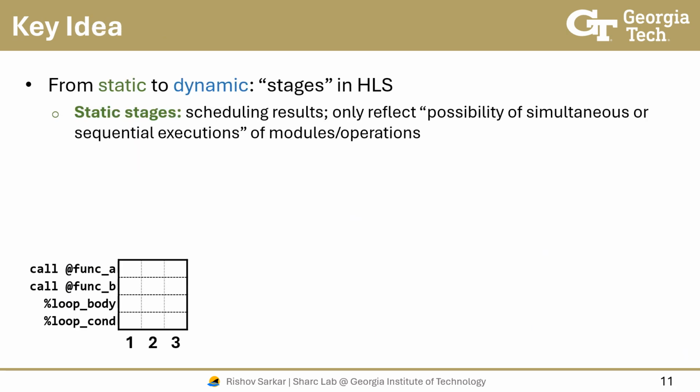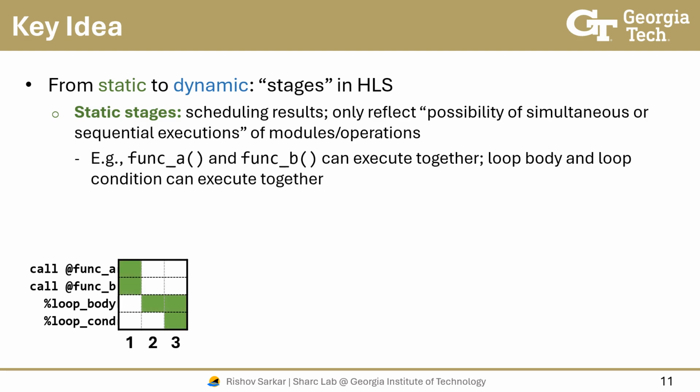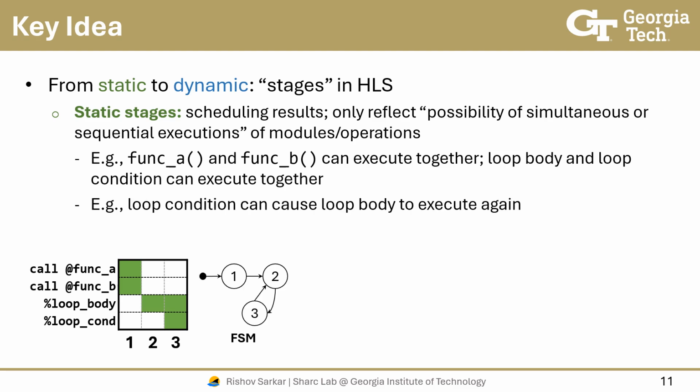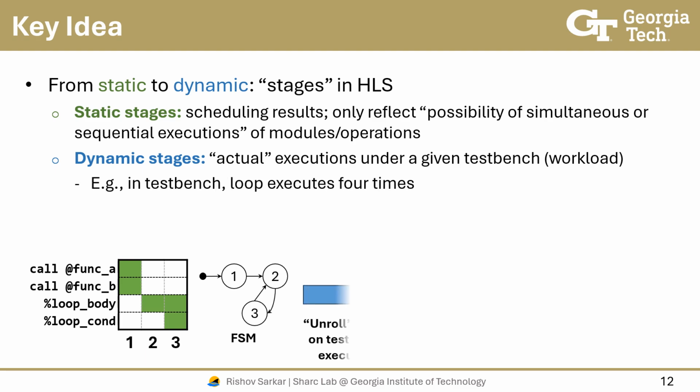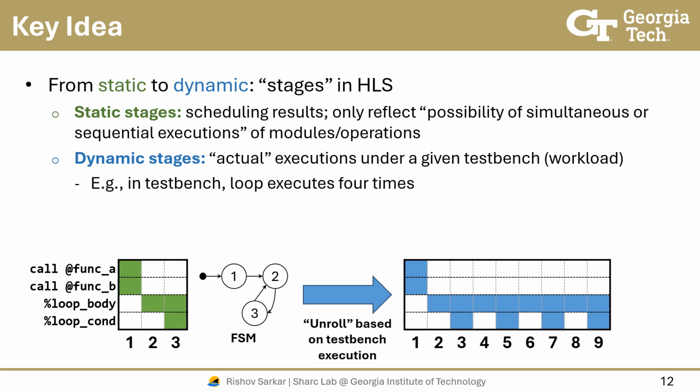We say the FSM schedule consists of static stages, which are the scheduling results that reflect only the potential simultaneous or sequential executions of modules and operations. For example, if 2 functions or operations execute together, they will be scheduled into the same static stage. Additionally, in something like a loop, the same static stages might be visited multiple times during execution. We define dynamic stages to be actual stages executed under a given workload. For instance, if a test bench executes a loop 4 times, the same static stages will be replicated 4 times